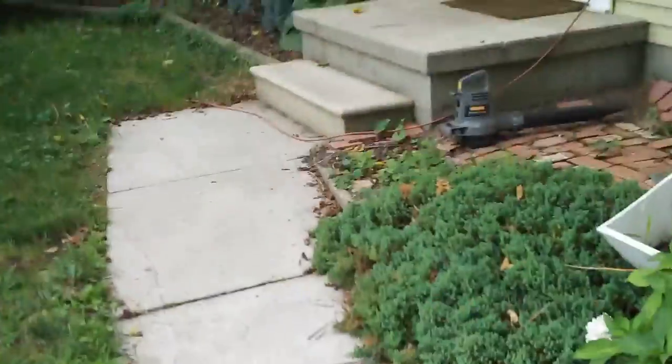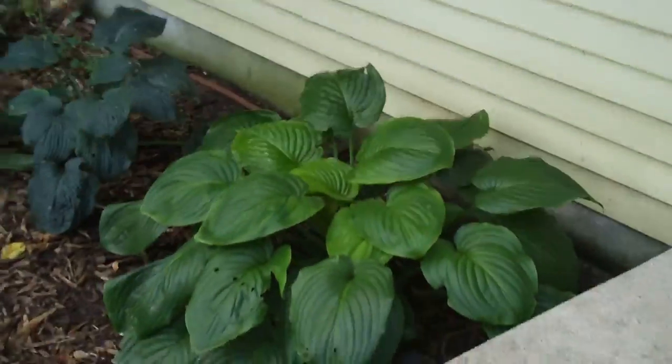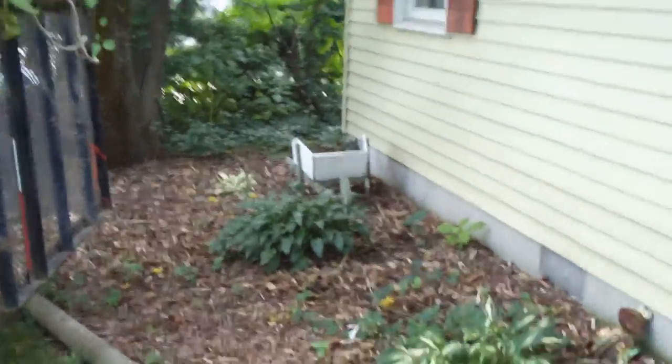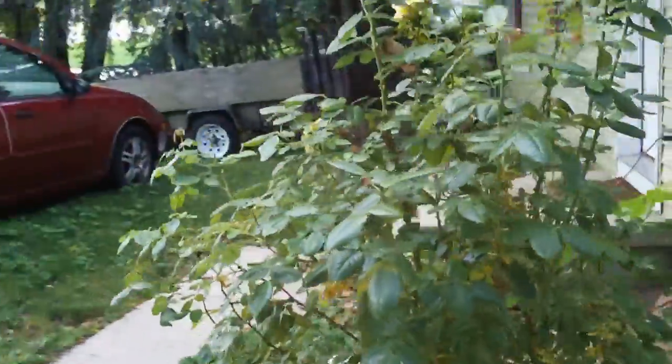Here are the hostas I was telling you about. And these are doing okay. It gets almost no sun here on the side. And down there I really have neglected and haven't watered very much. This is a nice rose bush. This is an absolute mess. But